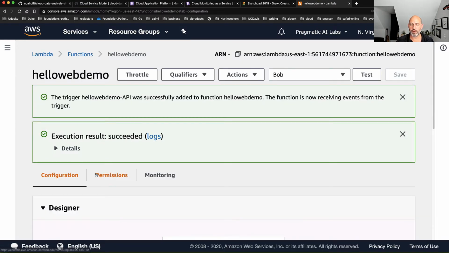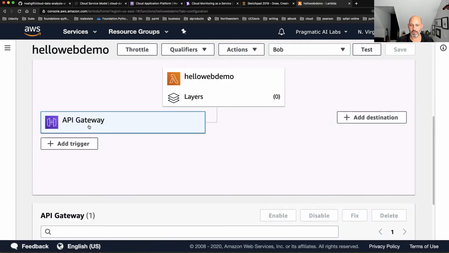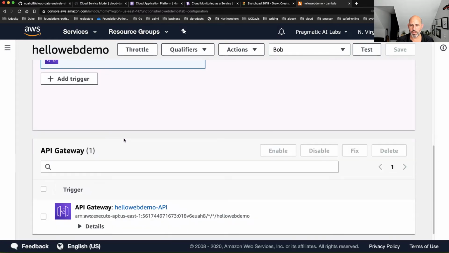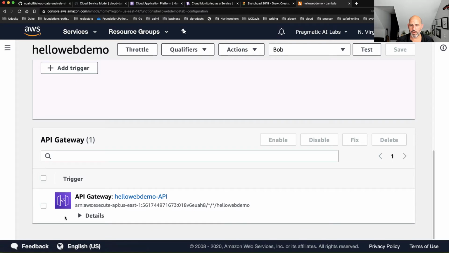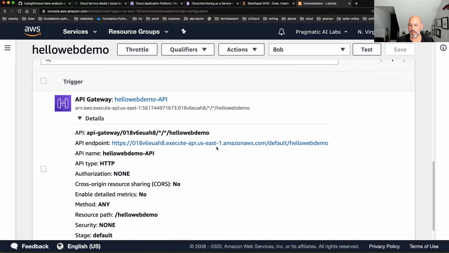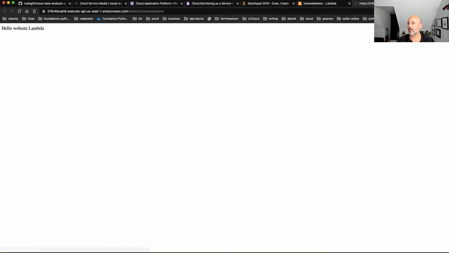And from here, I can just find it. I can just click on it, I think. There we go. And if I go to details, I think it'll give me the URL. I just run this. There we go. That's it. So this is a publicly addressable website that's just sitting somewhere in the cloud, and I can build it out. And you can see I just click some buttons, put some code in there. If I want to change it, pretty easy to change, right?